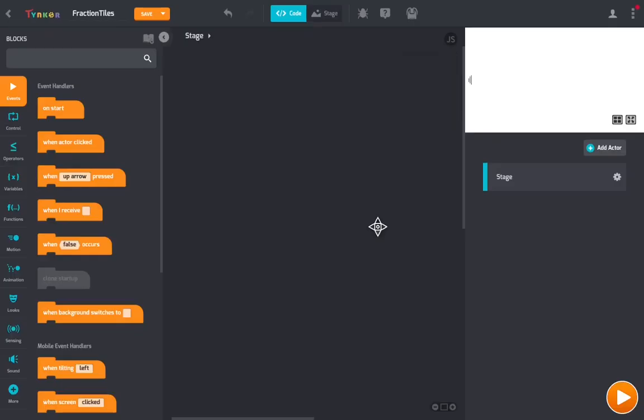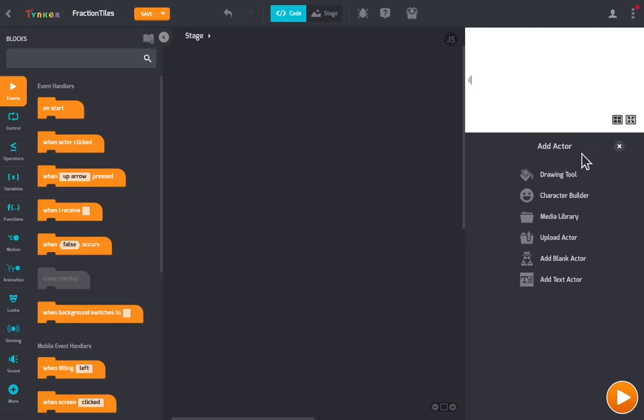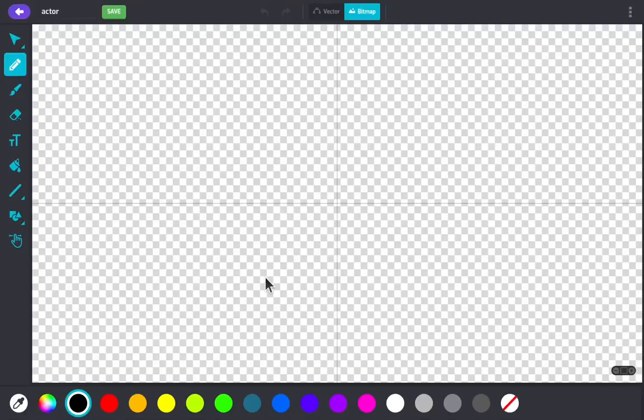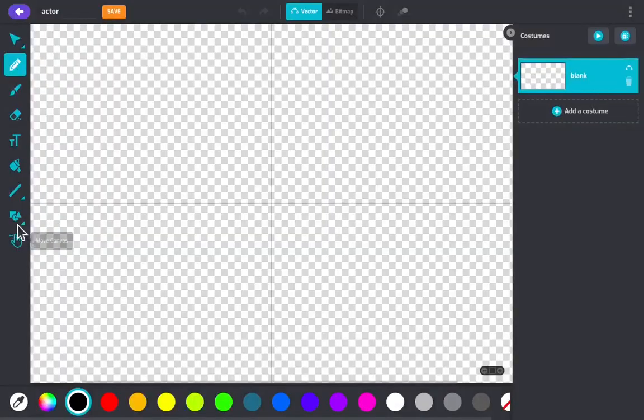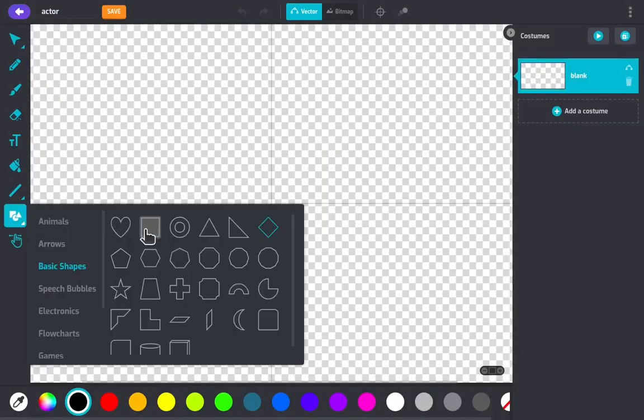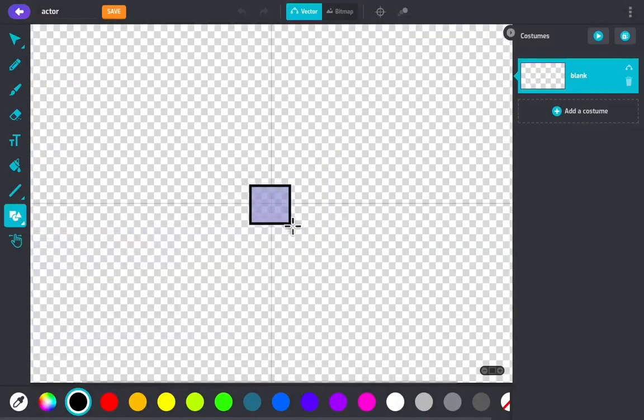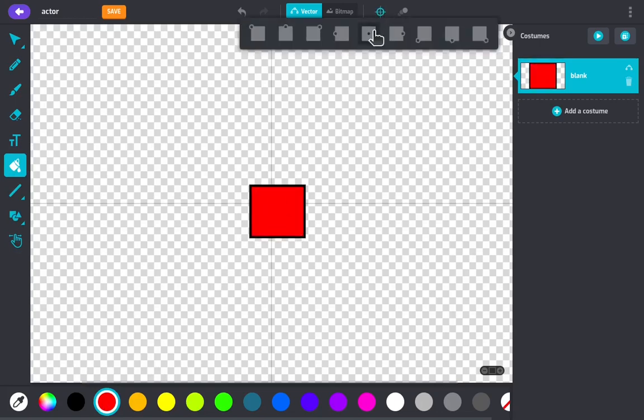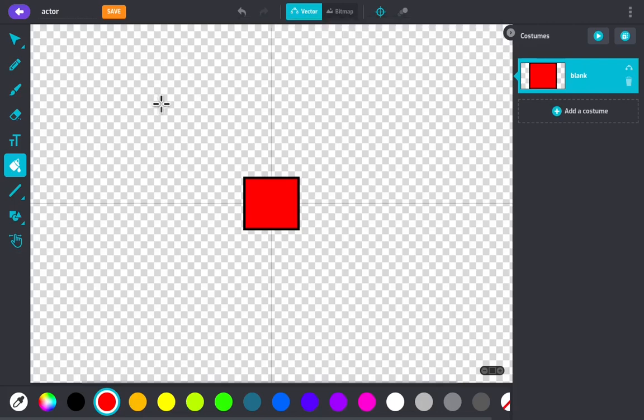And now we can add an actor for our add tiles button. So go to add actor. Let's just do the drawing tool, and we'll keep this really simple for now. So let's go to our shapes library. Let's get a basic rectangle here and let's just draw a rectangle, not too big, not too small. Let's go to our paint bucket so we can give this some kind of a fill, and let's make sure that this is in the center of the canvas. Okay, and you could always go back later to make this more interesting, but for now let's just click save